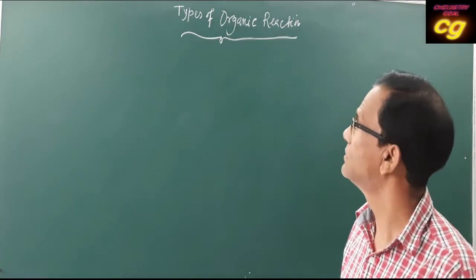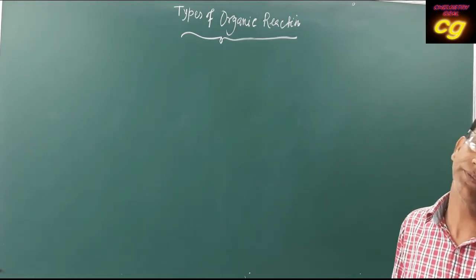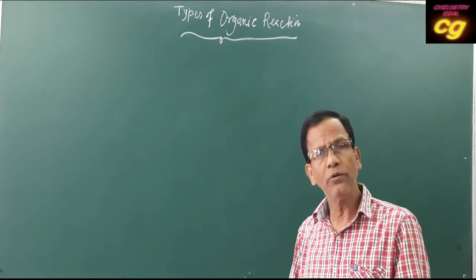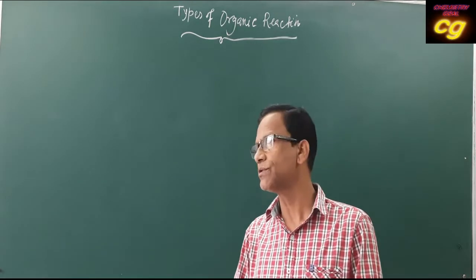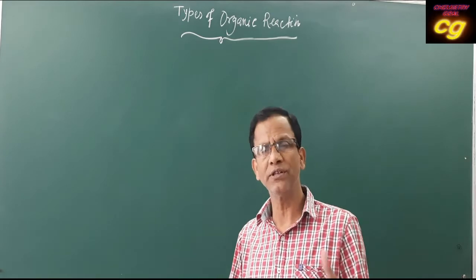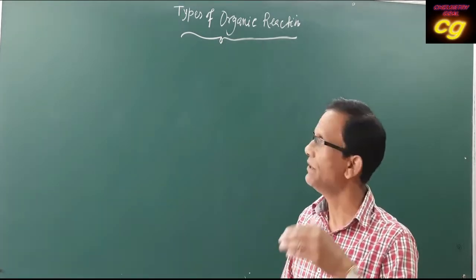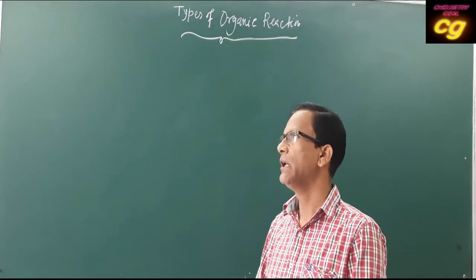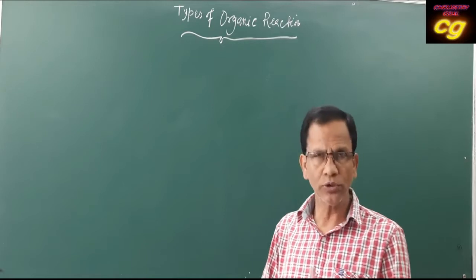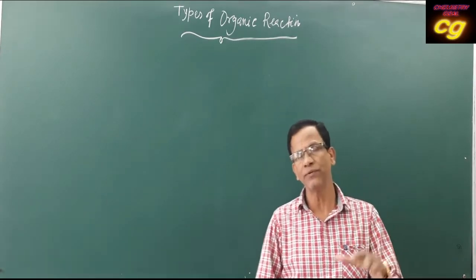Today we will discuss a very important topic, that is types of organic reactions. Organic compounds mainly consist of carbon atoms. The essential element is carbon. It mainly contains carbon-carbon bonds. The nature of the reaction, the nature of the product, and the nature of the reactant are both responsible for the description of types of organic